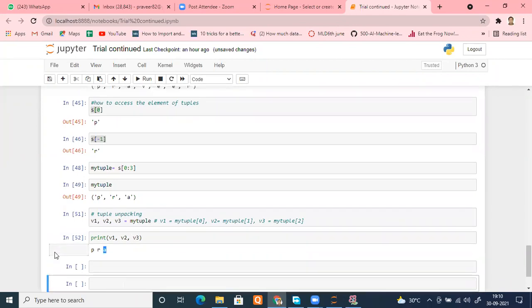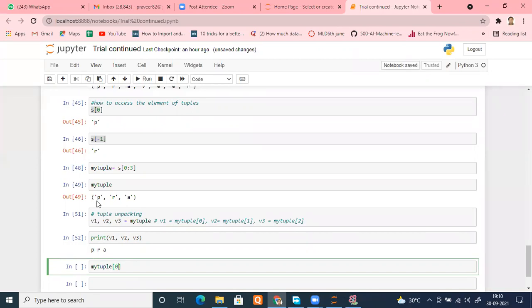Suppose my tuple is having 3 elements, so indices 0, 1, and 2. If somehow I forget that a tuple is immutable, it cannot be mutated, and I try to do assignment.